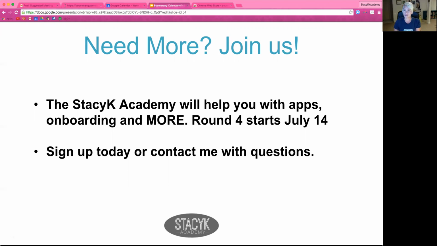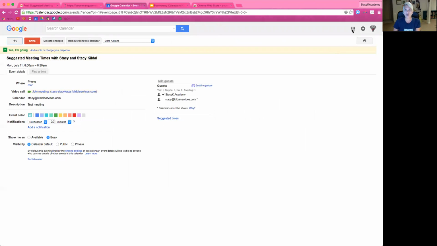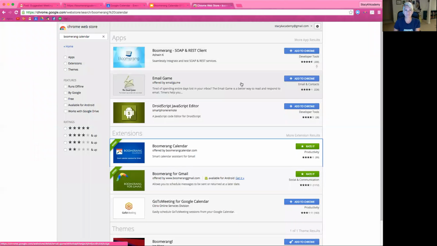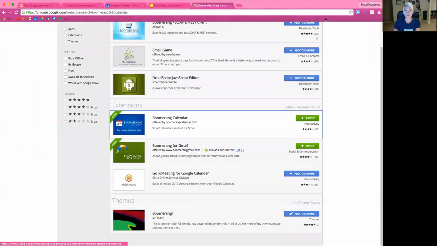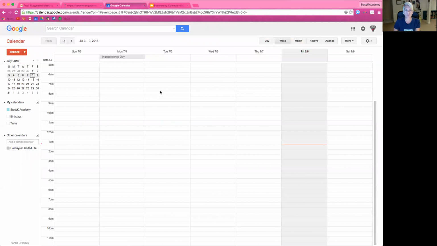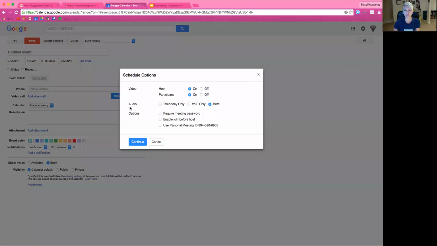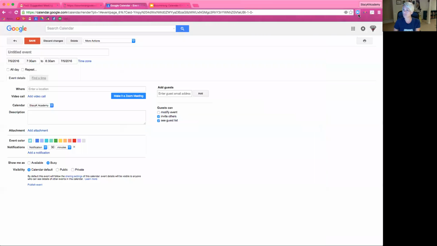Is there a way to schedule it as a Zoom meeting without going through Zoom to schedule it? Yeah, so for that, if I wanted this to be a Zoom meeting and I do more details, because I have the Zoom add-in, I can set that up. I've got to log in, so hold on one second. I don't know if I have it set up with this one. I should be able to, I might have to restart it, but I should be able to create an event, and I can make it a Zoom meeting. So once you have that Chrome extension,